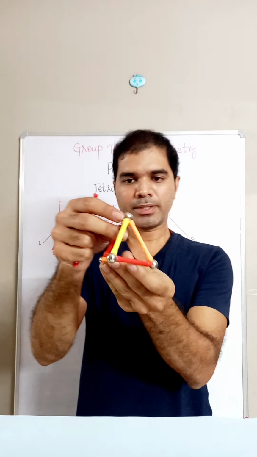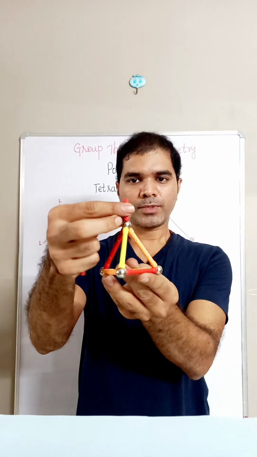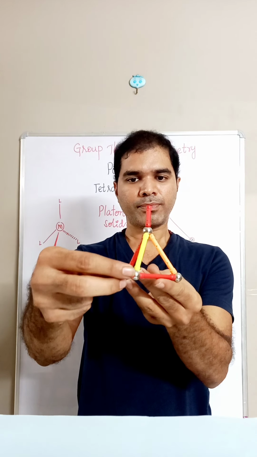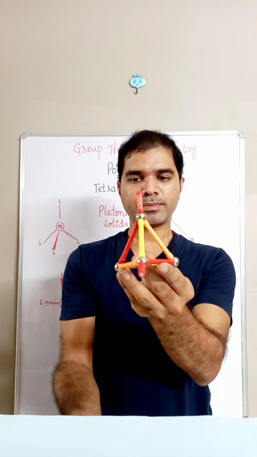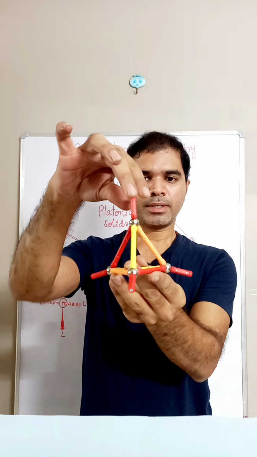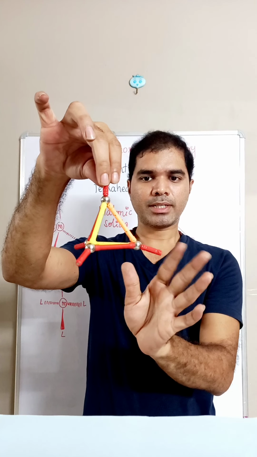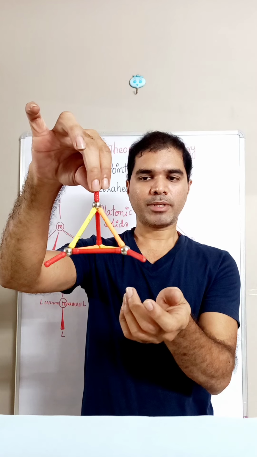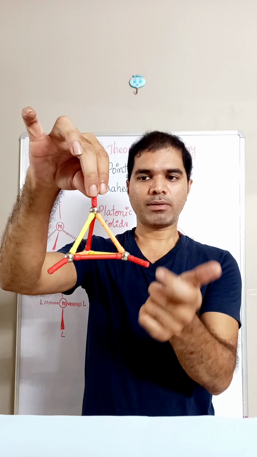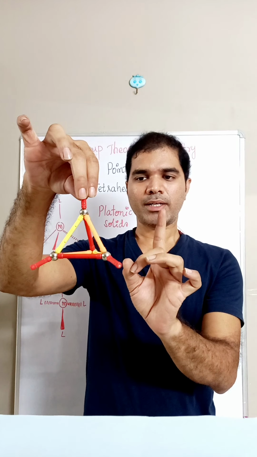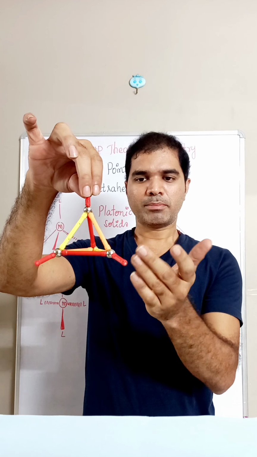Now here I am showing it. If this is one C3, this is the second one, third one and a fourth one. C3s are completed. So for this reason we said it is a molecule with special symmetry where multiple higher order rotational axes are present. Most molecules only have one higher order rotational axis, but this has multiple.